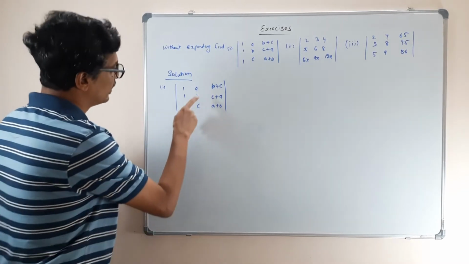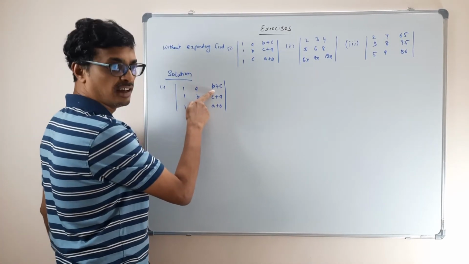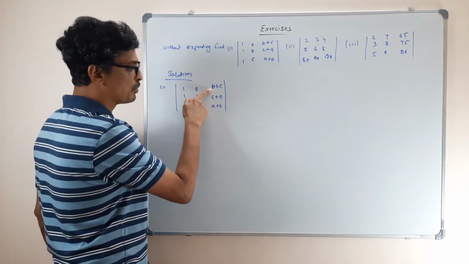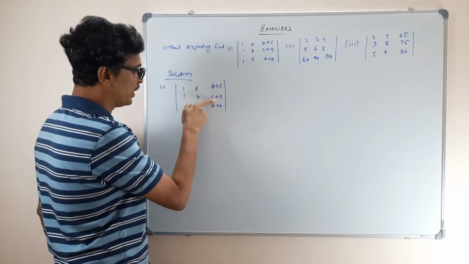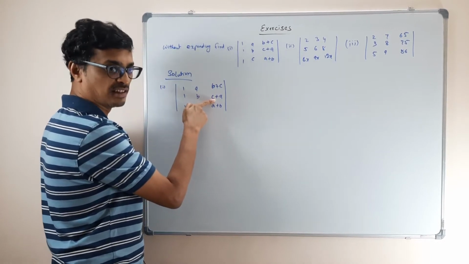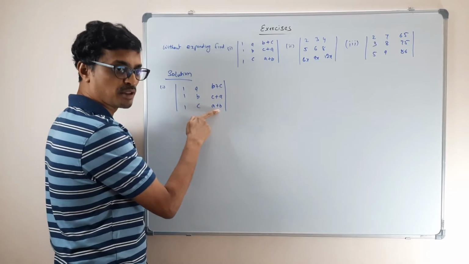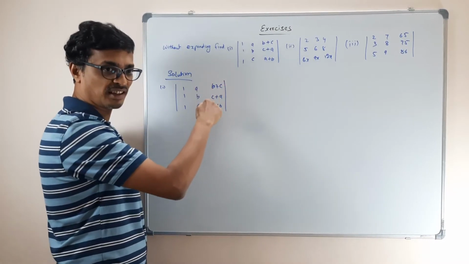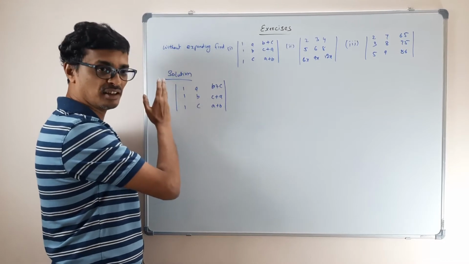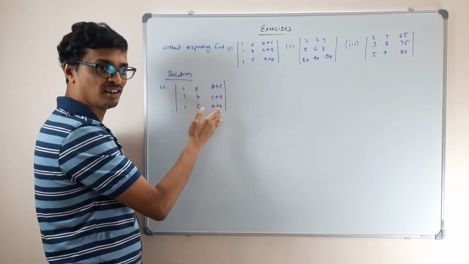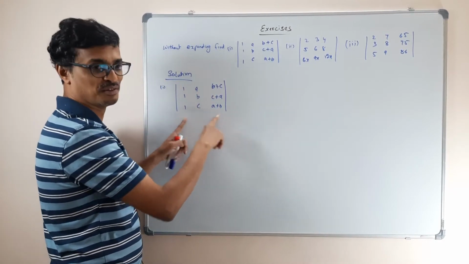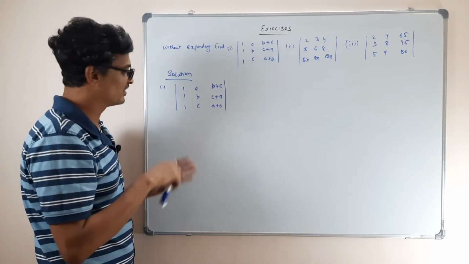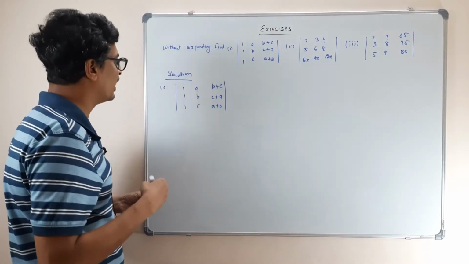So if I see, if I add with A, then it becomes A plus B plus C. If I add with B, it again becomes A plus B plus C. If I add with C, it is going to become A plus B plus C. So in this column, A plus B plus C will be common, correct? I can take it outside. So that is going to become 1, 1, 1. So two columns are the same. 0, singular matrix. Okay.